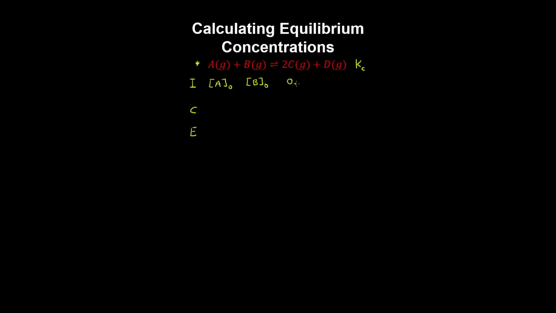and before the reaction initiates, we have 0 concentrations of the products. And the reactant A gets consumed, where X is an unknown concentration. And for every mole of A, 1 mole of B gets consumed, and 2 moles of C get produced, and 1 mole of D gets produced. Then we add these together,